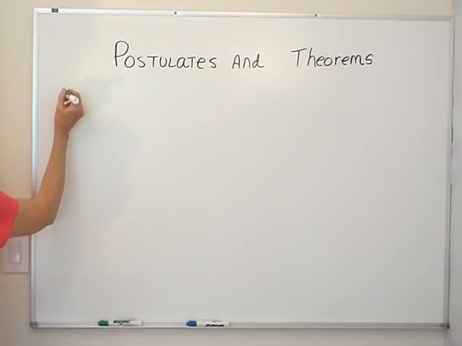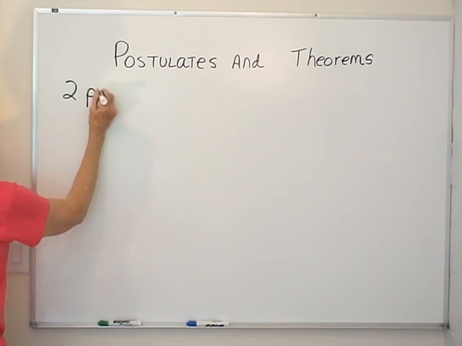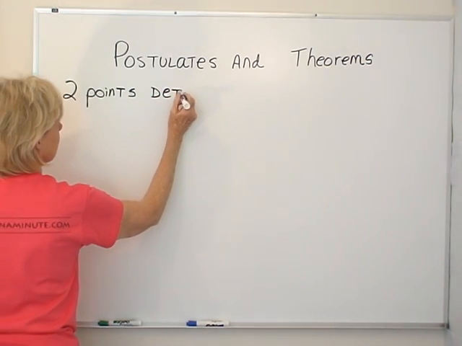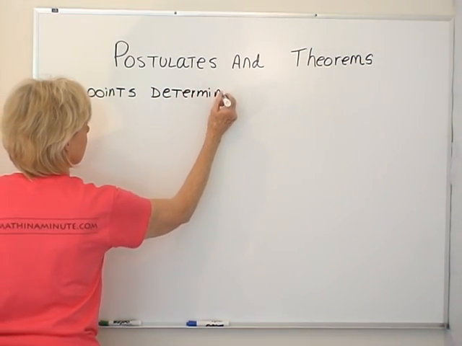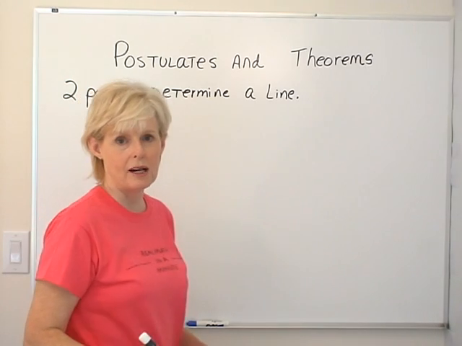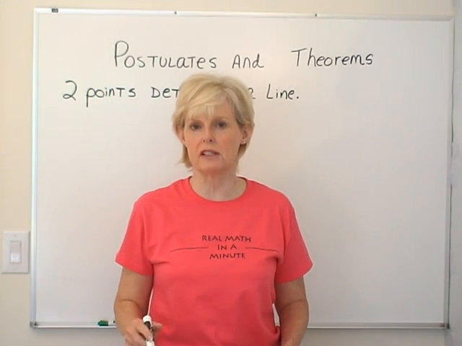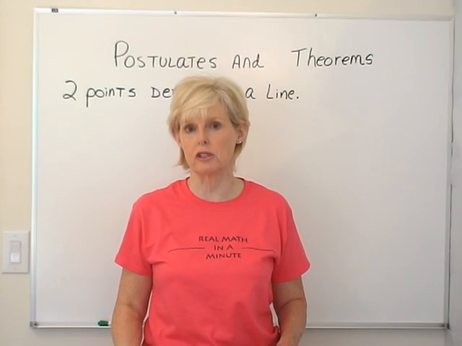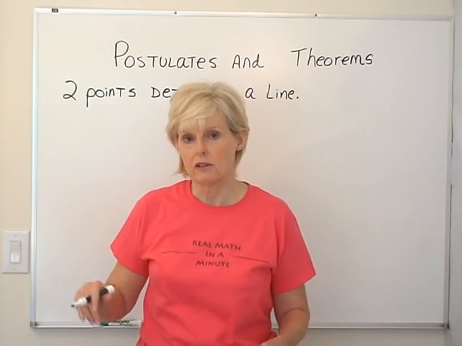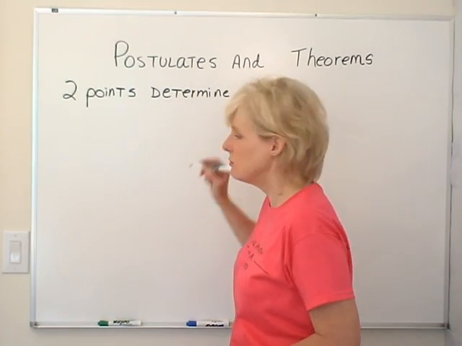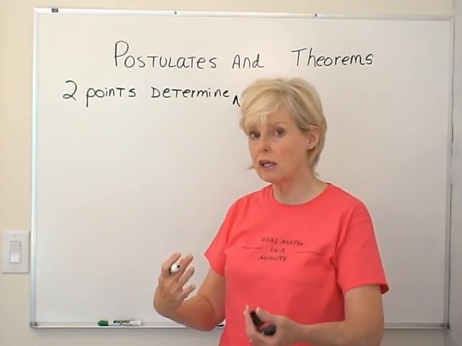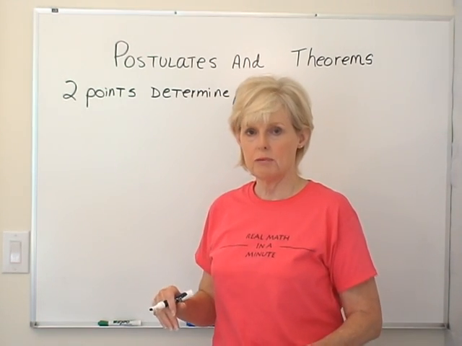It says 2 points determine a line. Now, I will make everything as simple for you as I possibly can, and I cannot leave out anything that's really important. So I'm saying a line, 2 points determine a line. Now when I say a line, it really means exactly one line. But you understand that for me because I'm telling you, if it says a line, it means